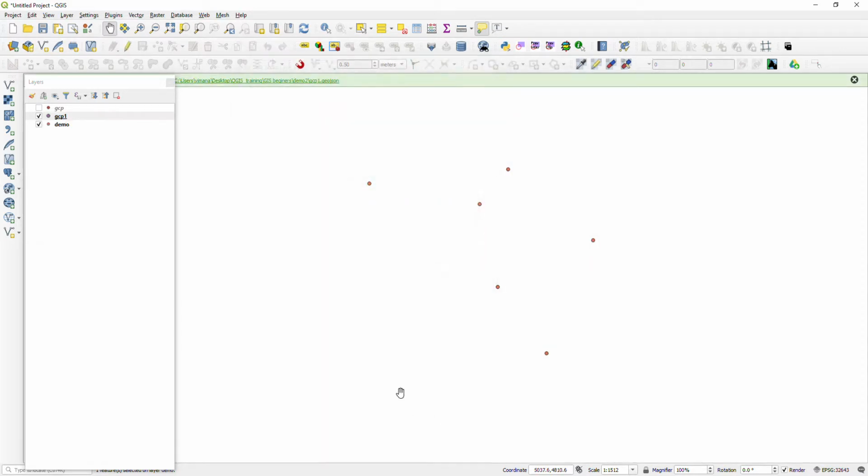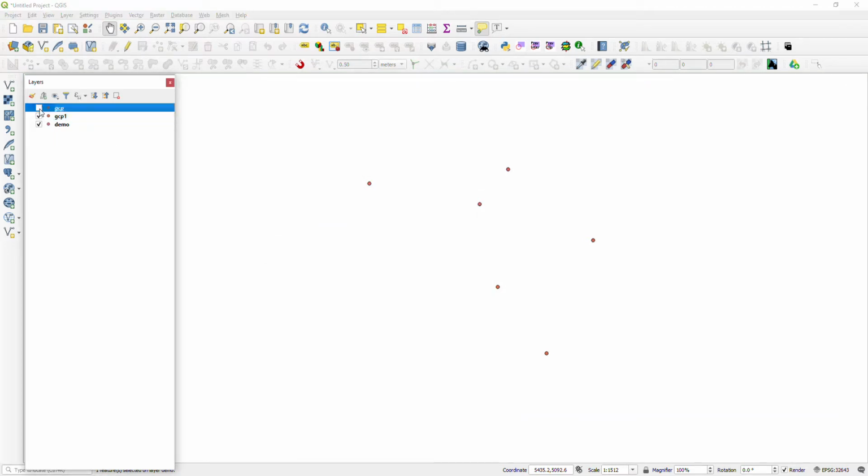Click on OK. So now you can see the three files. GCP is a shapefile, GCP1 is a GeoJSON file, demo is a CSV file.